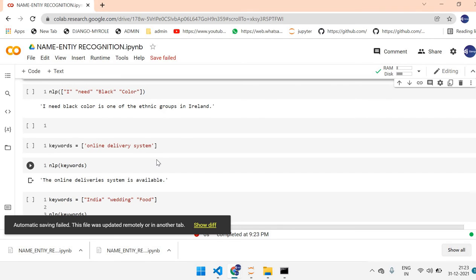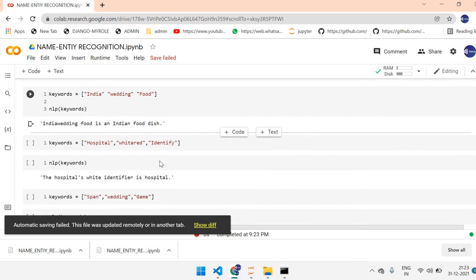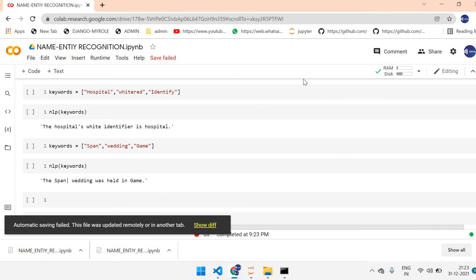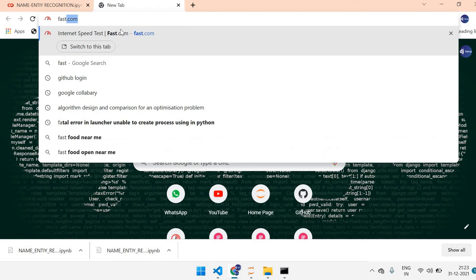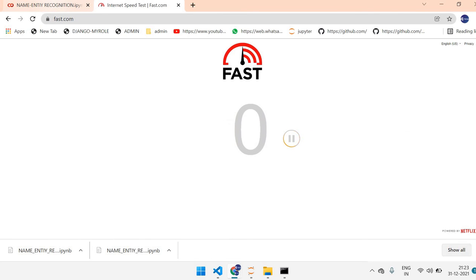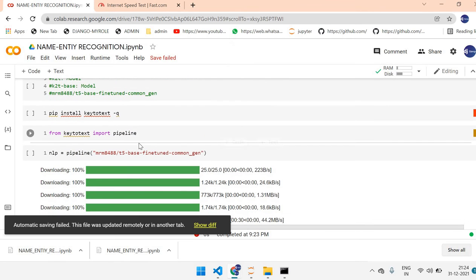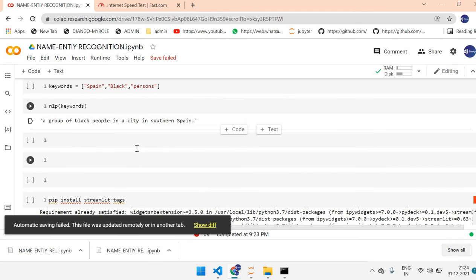Don't worry, you have to see it. Here there is no data, so that's why it is a slow execution process. I'm not getting the internet connection, that is the main drawback. My data plan is already expired, that is the main thing. Not a problem. Check here. Okay, everything is working.